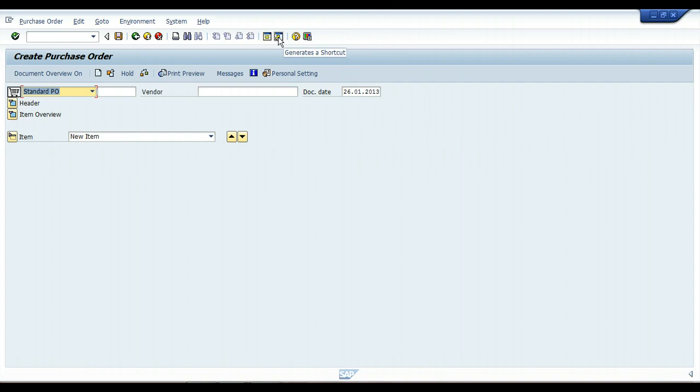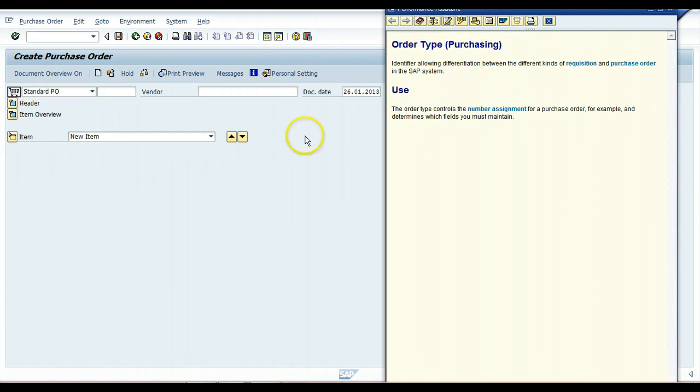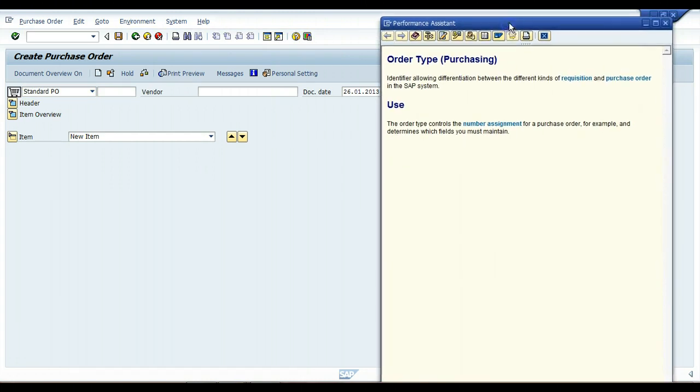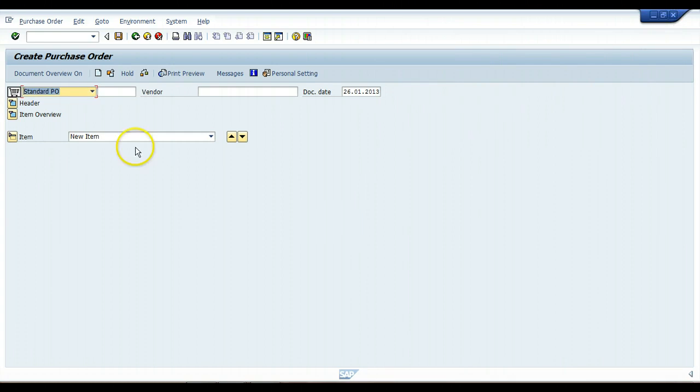This generates a shortcut for you. F1, or you can either click this question mark button for help, or you can click on F1 on your keyboard, which will take you to help. So let me go ahead and do that. And this has popped up the SAP help within the application. Again, just entering /n will take you to the main menu,